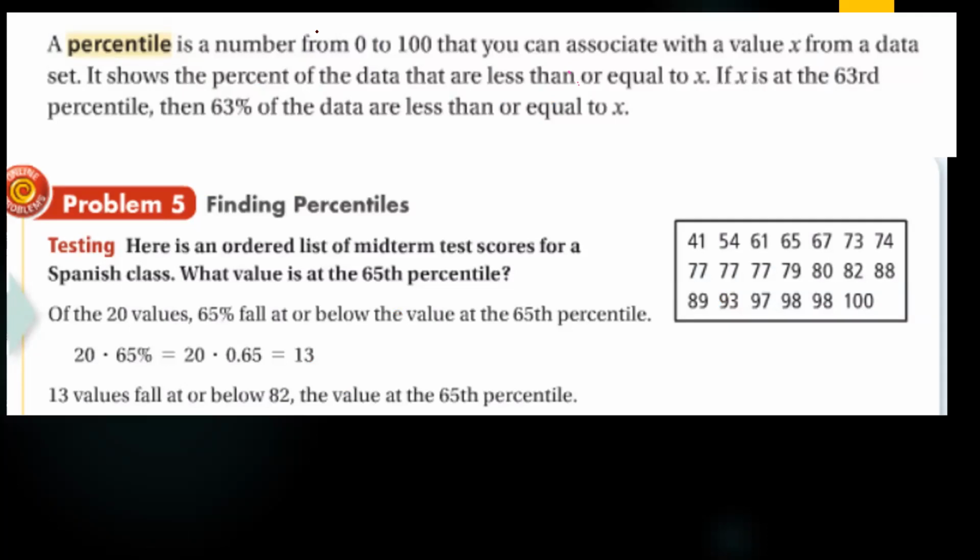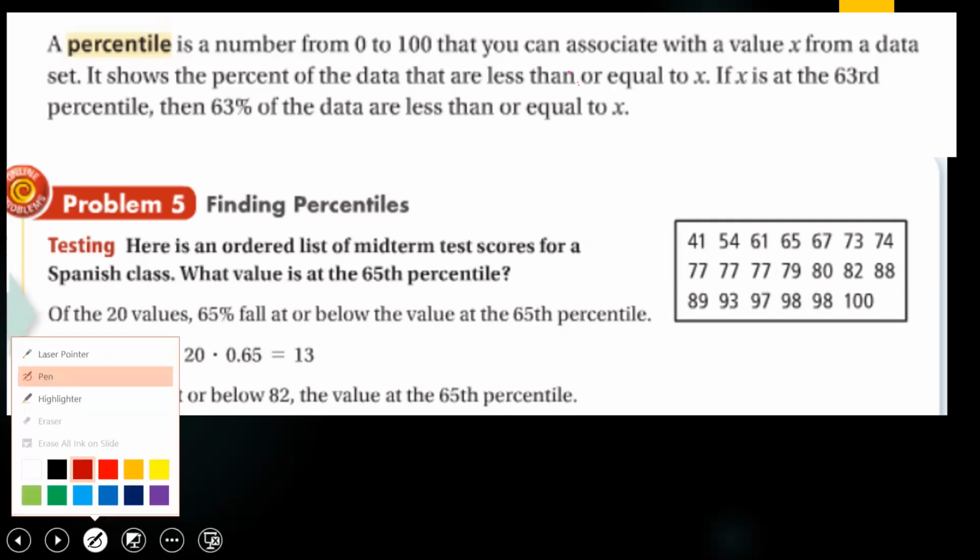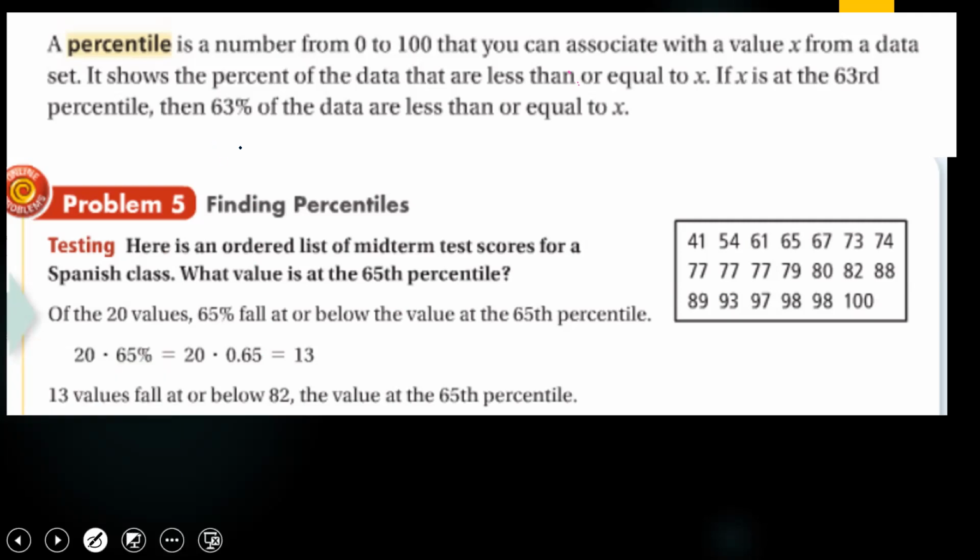But let's have an example here. Let's see now how to find the percentile. Here we have values, that is 41, 54. And be careful, it must be ordered. To find the percentile, you have to order the set of data. So we have, let's write them here: 44, 54, 61, 65, 67, 73, 74,